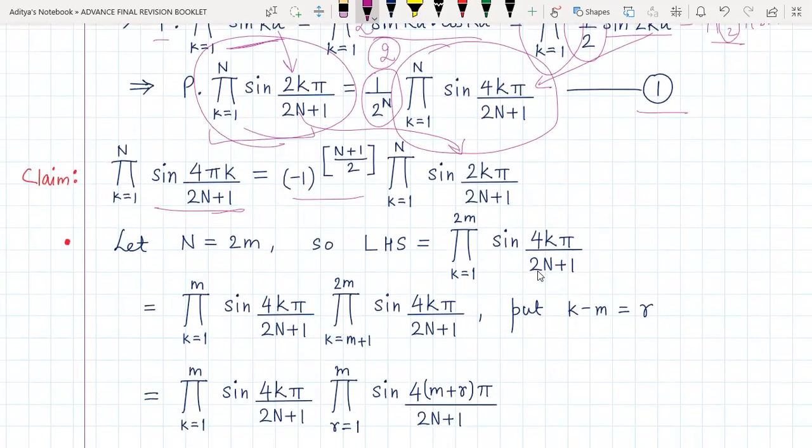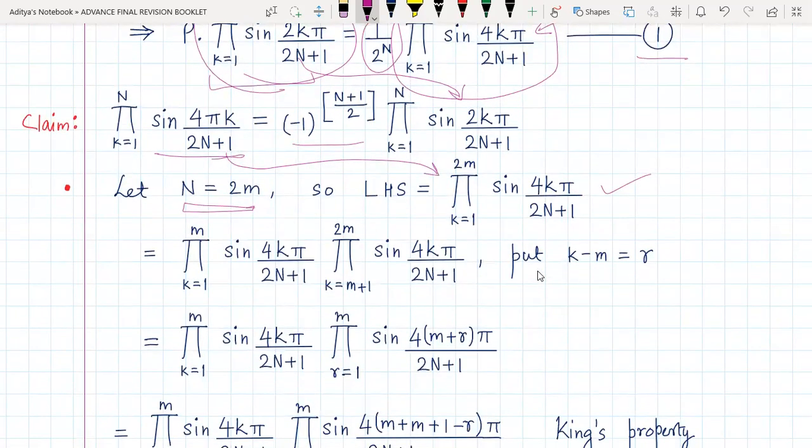So let us take n is equal to 2m. So the LHS would become product of basically this quantity. Basically what we are doing is we are trying to simplify the LHS here, right? So I have first assumed when n is an even natural number, so 2m, that's the reason why we are taking. So basically the product will become, now look what we are doing. This n I'm replacing by 2m. Why are we doing that? Because I have assumed n value to be 2m. But in here we have not replaced it by 2m. Here we are letting it remain n only, okay?